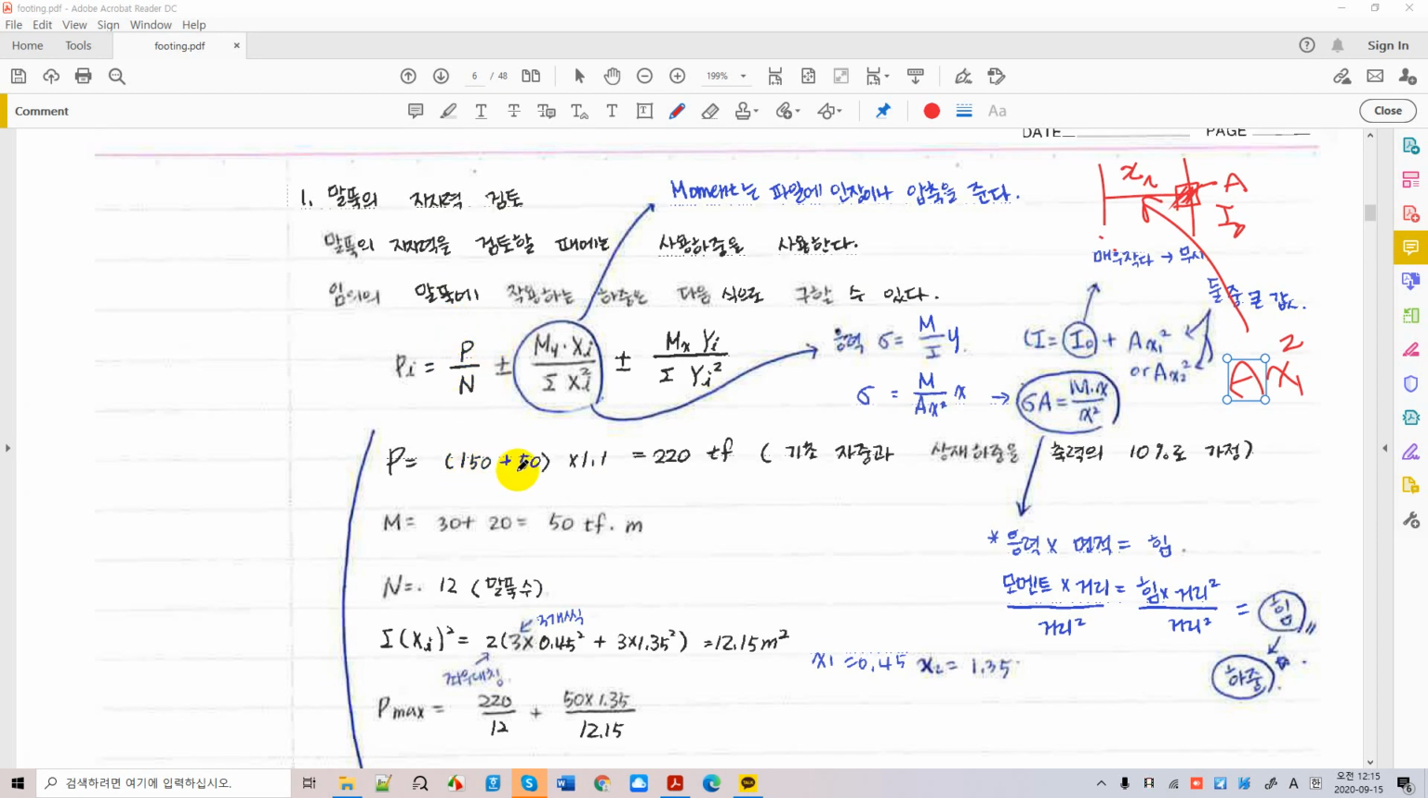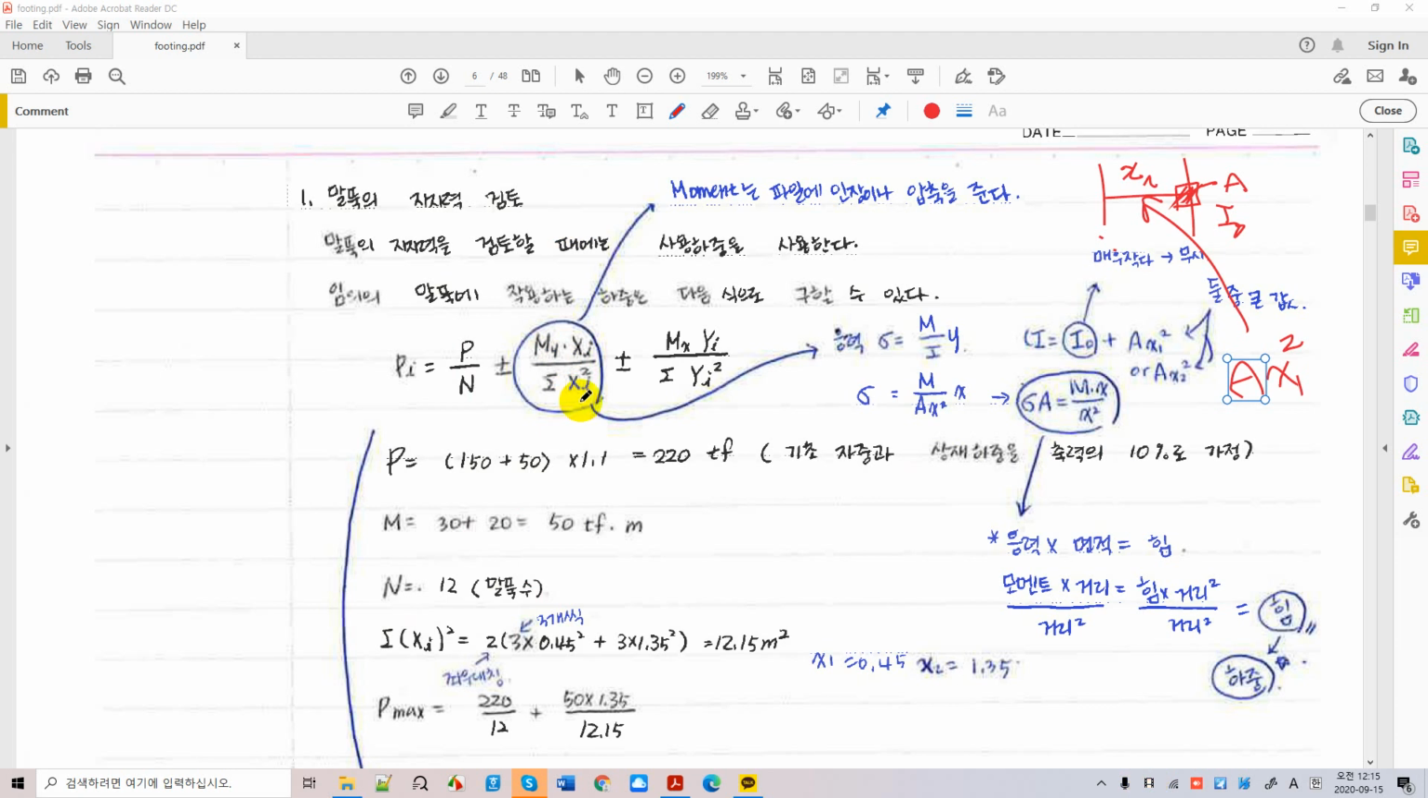This is service load when you calculate the number of piles, and we increase it by 10% to take care of all the extra loadings, self weight and surcharges on the piles, and so on. Okay, and the moment is also 30 plus 20, which is unfactored, and we assume n is equal to 12, and also